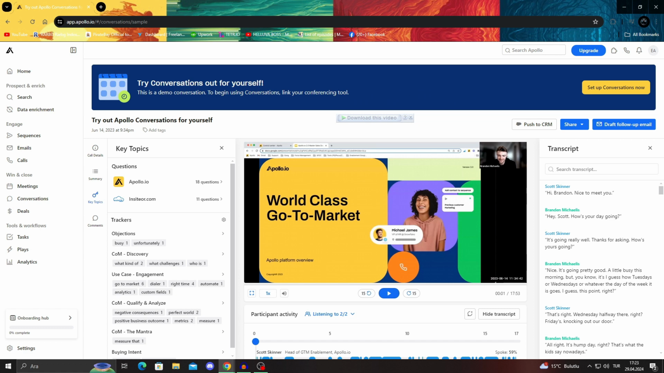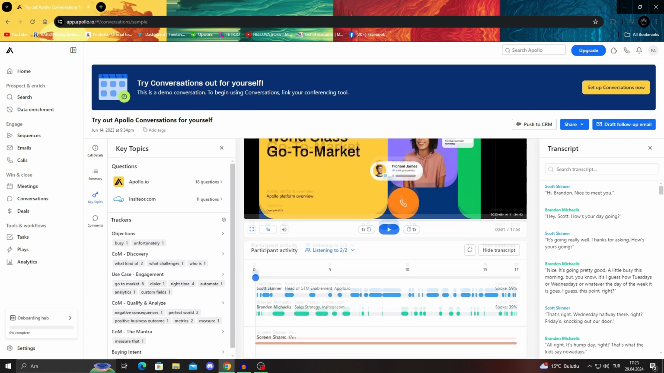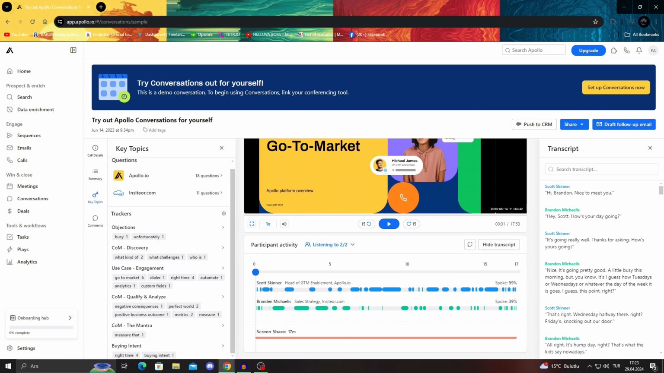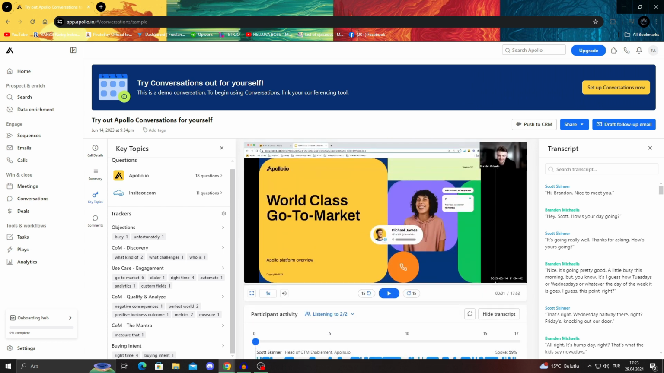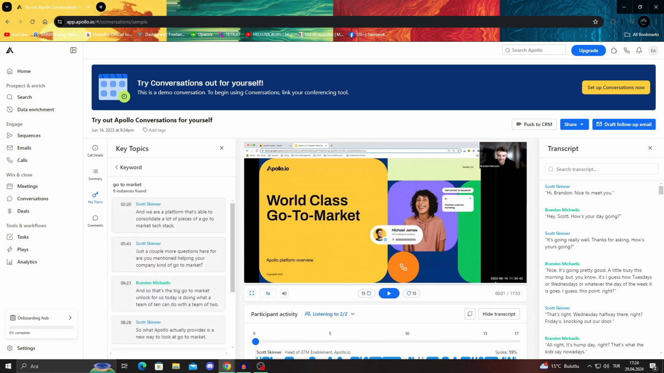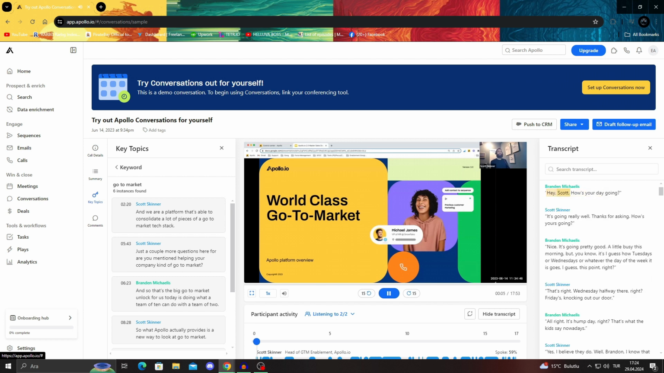And using this, actually the conversation tool, is why most people will go on and get the program itself, because this basically tracks everything that has been said. Like this, as you can see, different objections like busy, unfortunately, different discoveries, different engagements, and when you click on those, you can see these pieces, these words, and the transcripts. As you can see, you can click on them and just listen to that part of the